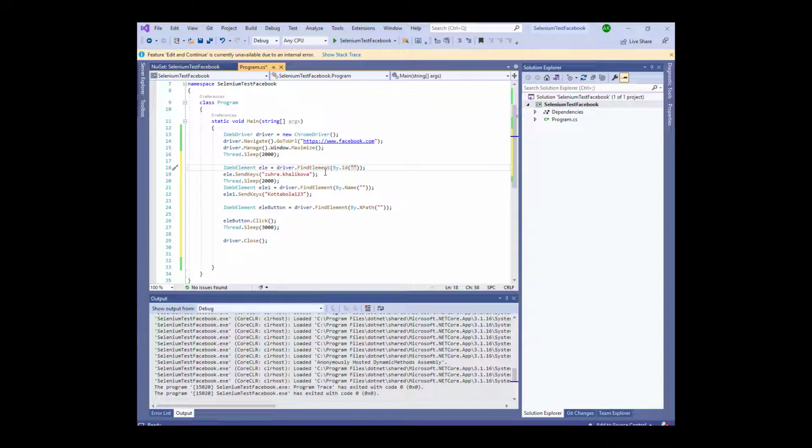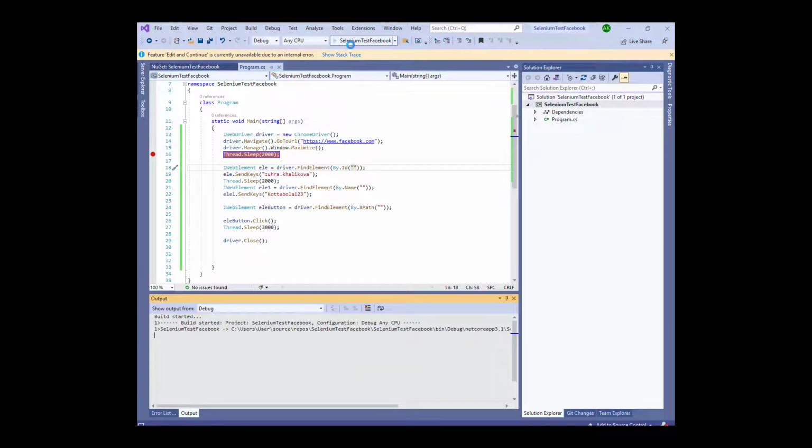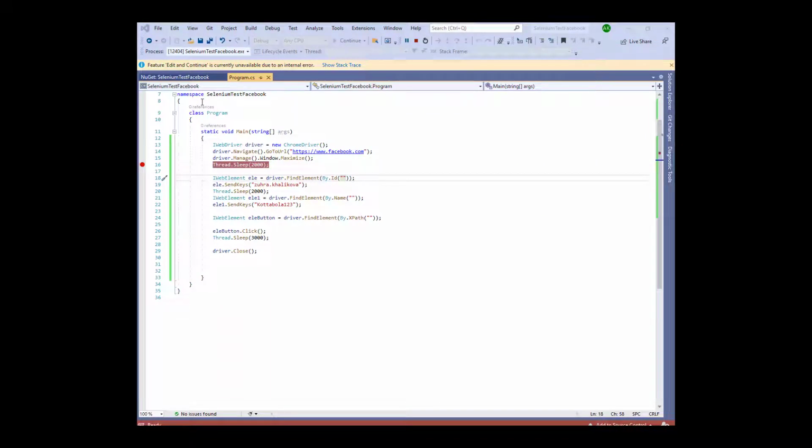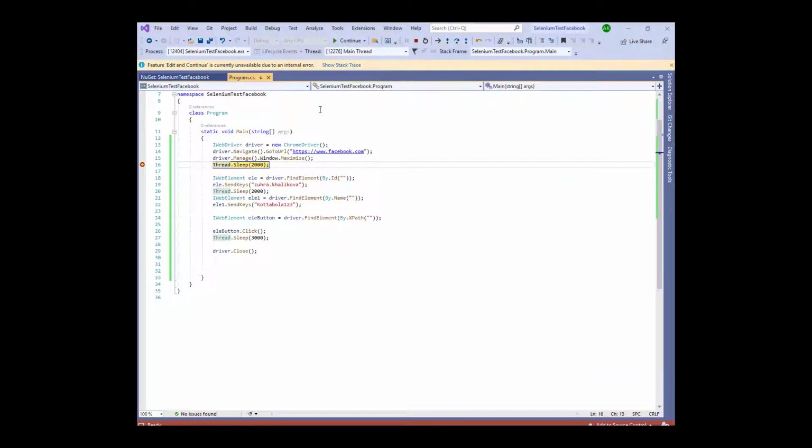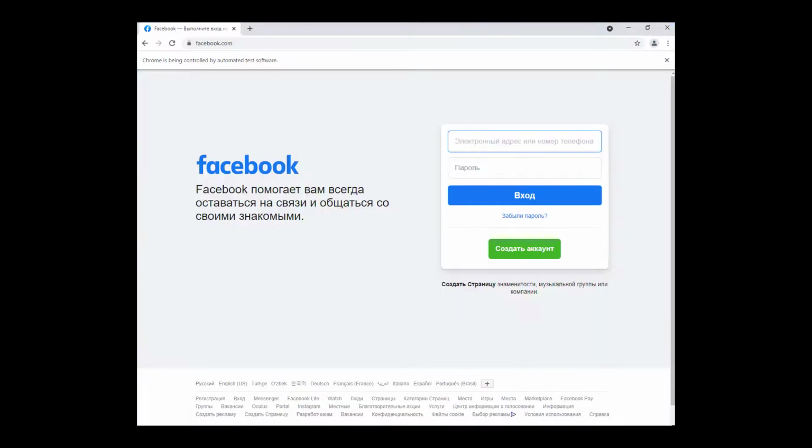So to do that, I need to just run my browser, go to Facebook. Well, why don't I do it here? Just by debugging it. So I'll just say run it. Okay, still running. There you go. Oh, it stopped here. Okay, so I'm back on this browser. While it's debugging, I'm going to take a look at what's the